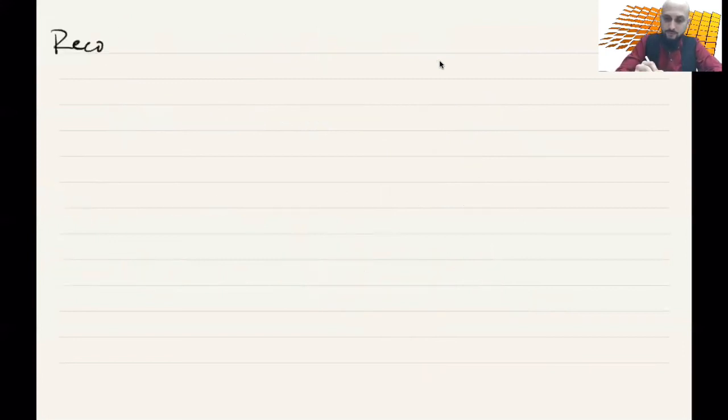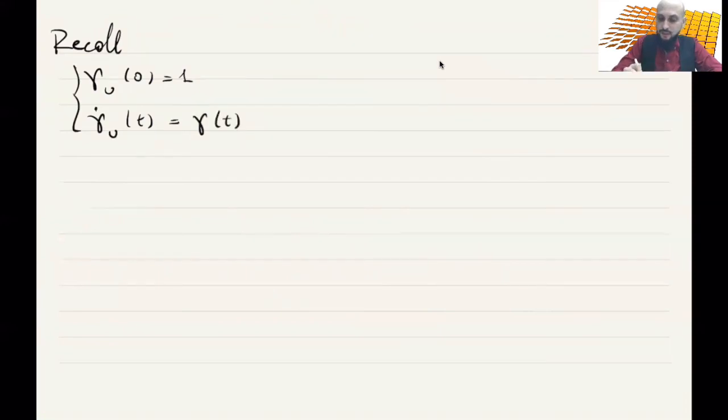So recall that the endpoint map satisfies that, for example, gamma of u at 0 is 1, and gamma dot at u and time t is the left translation, and I will just write it as matrix multiplication times the control. You can see this as the differential of the left translation, because anyway it's a linear map applied to this vector. So for linear groups you write it this way, and now we have to consider gamma of u plus